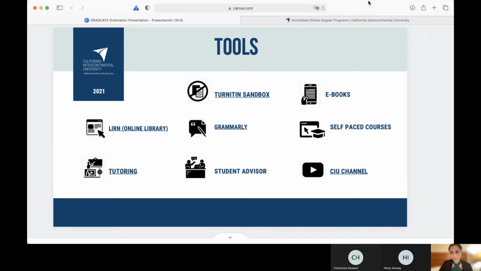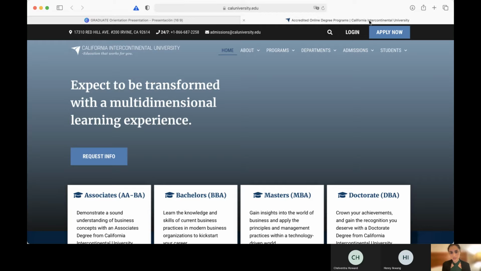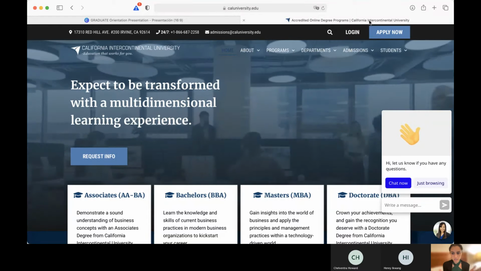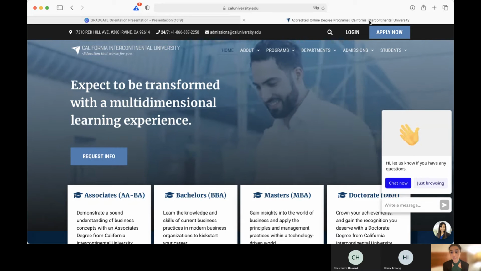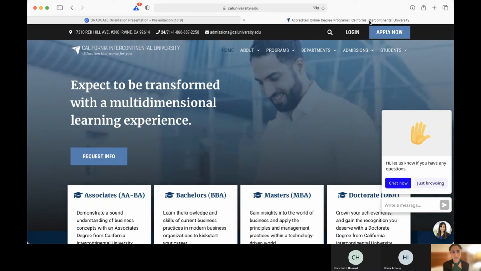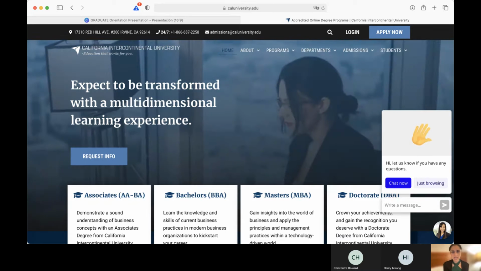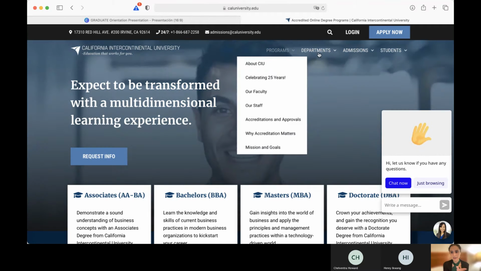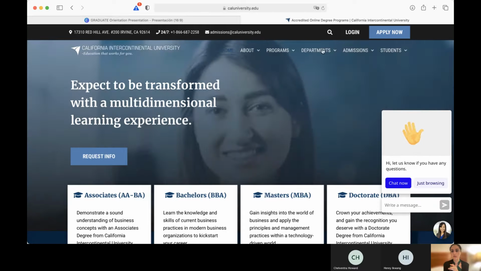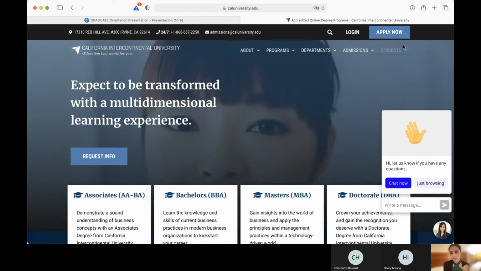Now, let's go ahead and jump into the actual tutorial. So I'm going to go ahead and log into the main site at CIU. So you've probably seen the site already. And this is how it looks. So it's caluniversity.edu. And on the top bar here, where it says Home, About, Programs, Departments, Admissions, and Students,